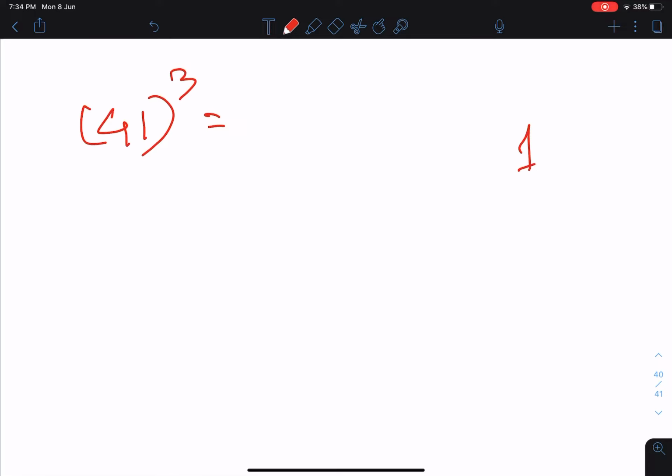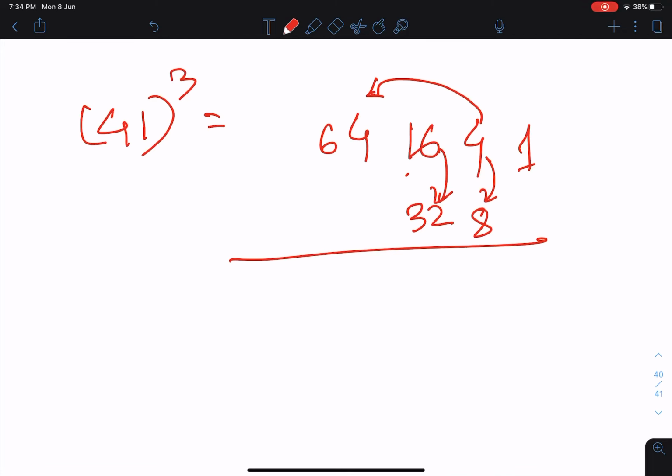Okay, now go for the next one, maybe 41 cubed. Again just 1 here, and then 4, then the square of this 4 will be 16, the cube of this 4 will be 64. Now double of this 4 will be 8, double of this 16 will be 32. Now just add them up, so it will be 1.